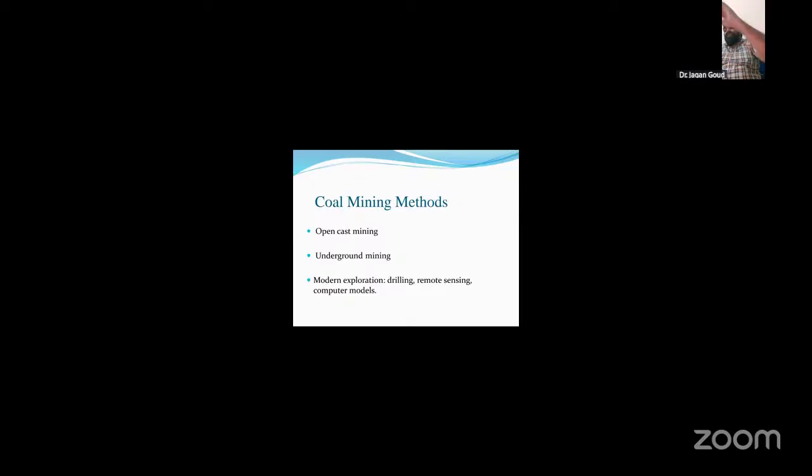Okay, one is open cast mining. Open cast mining is nothing but surface mining. Description: it is used when coal deposits are close to the surface. The topsoil and overburden, the rocks and soil above the coal, are removed to expose the coal seam. Since the coal is close to the surface, it is easily collected. Features: large machinery such as excavators and dump trucks is used. High production rate, and lower cost compared to underground mining.